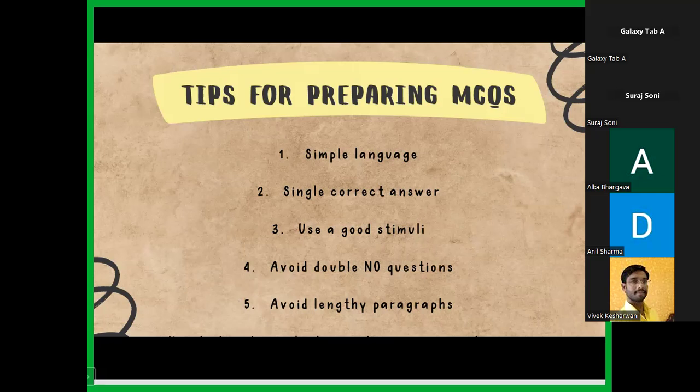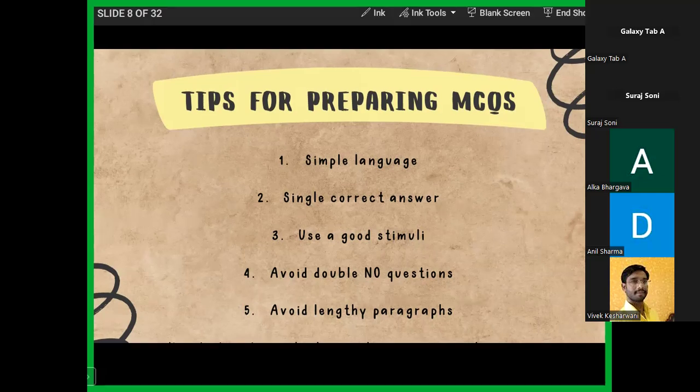Also, we should use distractors. Distractors are the options given. So we should use distractors which are close or seemingly answers. And you must have come across a few questions where they say which of the following is the most suitable. So when we say most suitable, we are actually talking about all the 4 answers probably being correct answers. They are neck to neck.